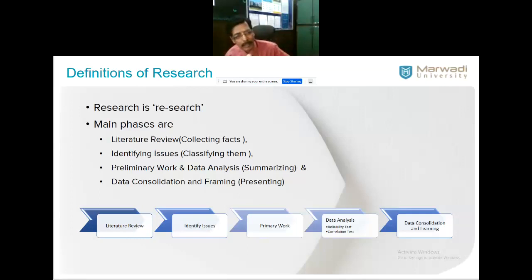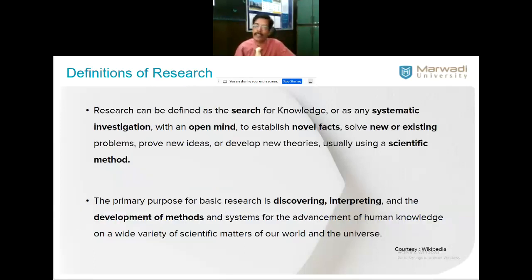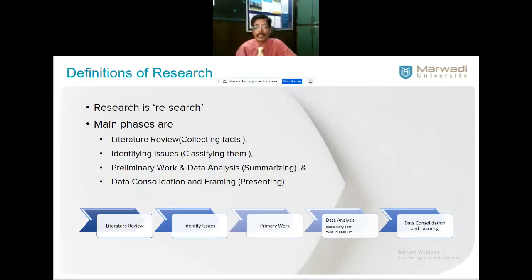So there are some more definitions. If your grandma asks you what is a definition, you cannot give the previous slide's definition. We want them to live longer. If you give this kind of definition, they may go mad. Research is nothing but re-search, right? That is already a layman's definition. Already something is there. Now we want to research to form a new solution or a new re-engineering solution, whatever it may be.